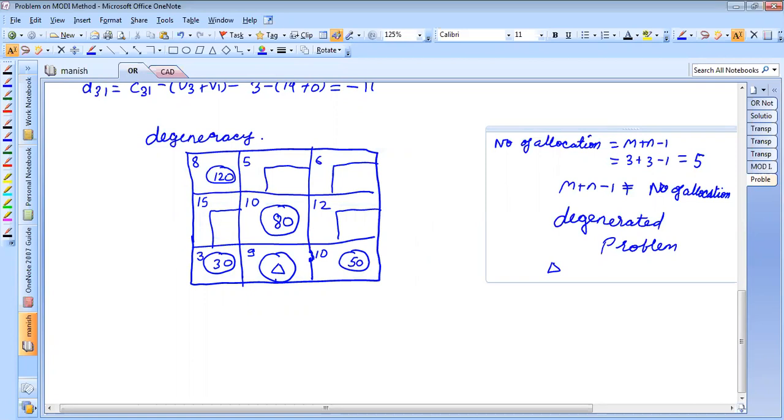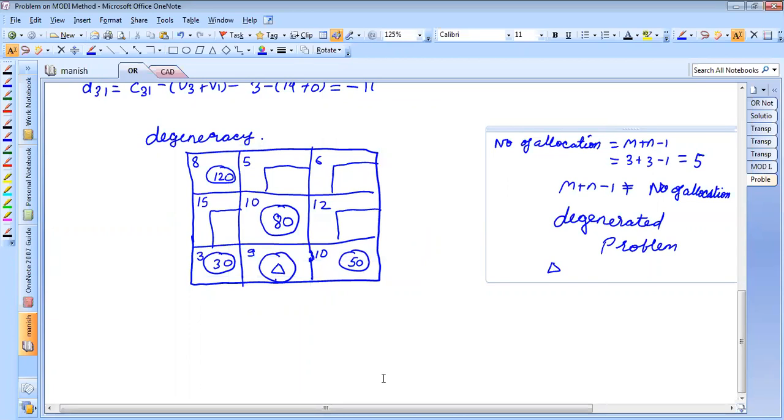Sir, if the costs are the same, then for those cells? If the costs are also the same, yes, very good question. So if say here instead of 15, this is also 9, then what to do? Then there will not be any effect. You can take either here or here, because anyhow delta is not affecting your cost. Okay, so I have taken delta here.